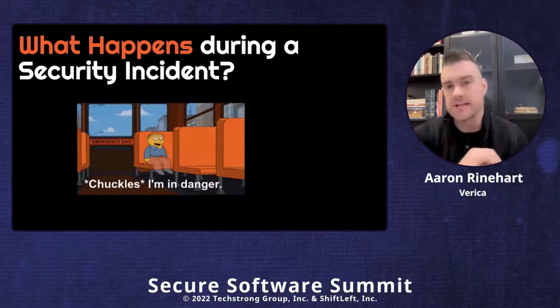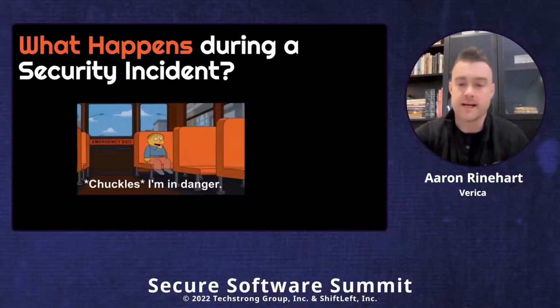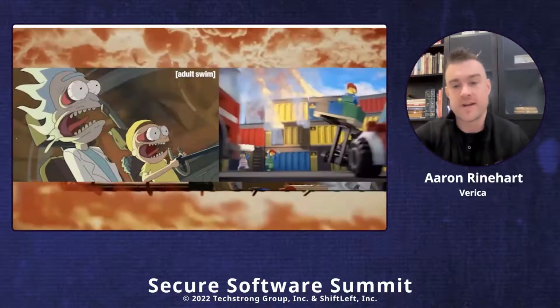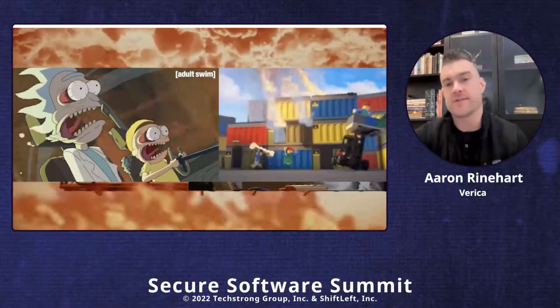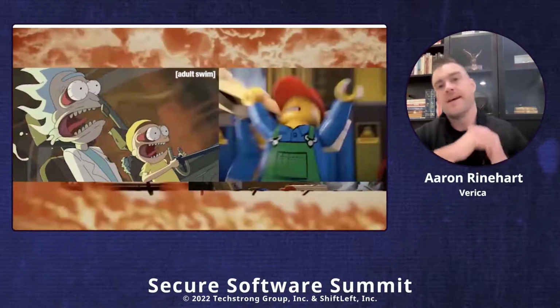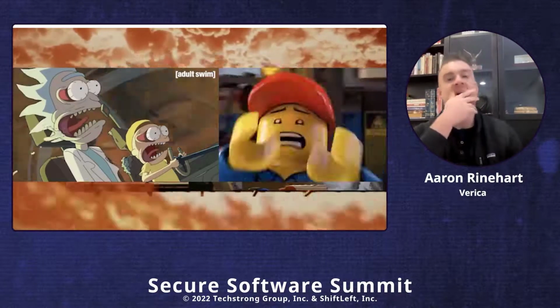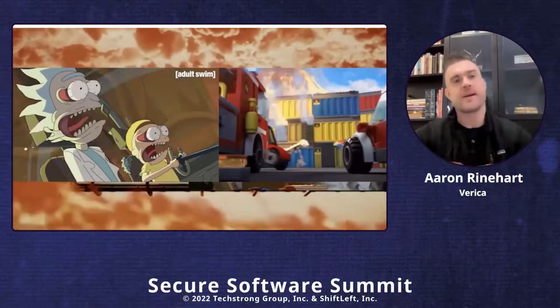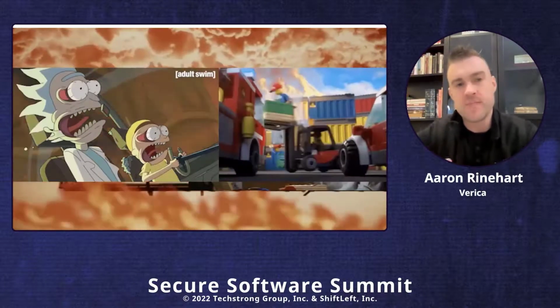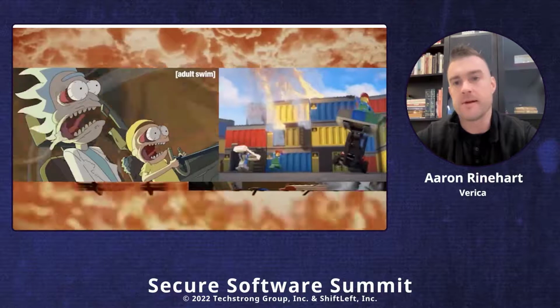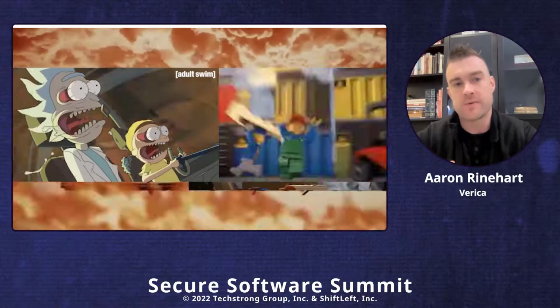So what happens during a security incident? Well, in short, people freak out. This is what happens, right? Especially software engineers, like, I knew I shouldn't have pushed that code, right? I knew there's an issue with that. Or, I knew I should have been up at 3 a.m. making changes, right? Like, this is not a good learning environment, right? So this is not where we do chaos engineering.